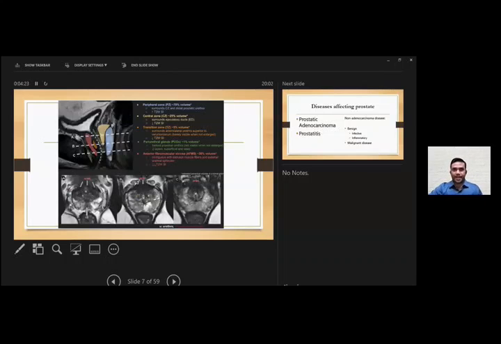Coming to axial anatomy of the prostate, at the base of the bladder, we will be able to visualize, as I've already mentioned, the peripheral zone seen laterally with a small tissue of hypointensity, which is demarcated as the central zone. The transition zone also is seen sometimes in the topmost sections, which surrounds the ejaculatory